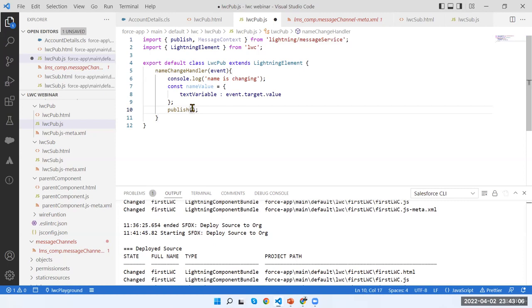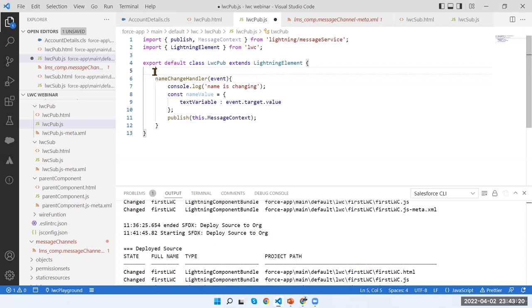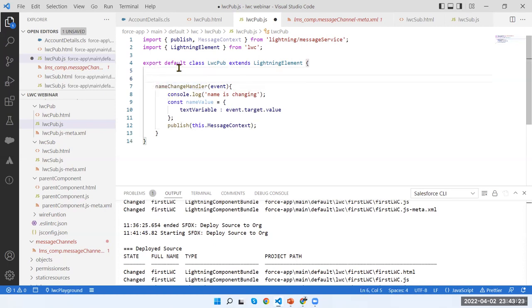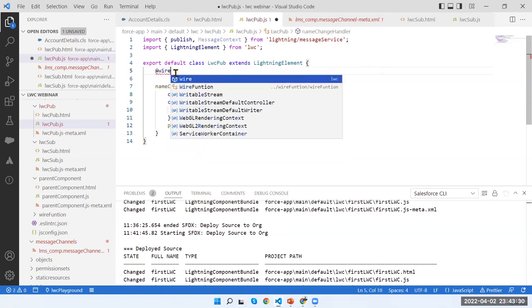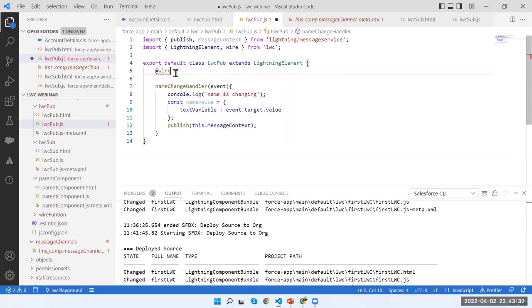So first will be this.messageContext. And for this, first of all, we have to wire the property by using the message context. We can't use it directly here. So what we can use is @wire, right? It will import wire,